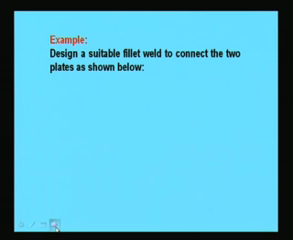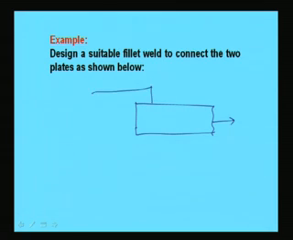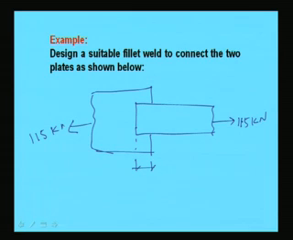Suppose we are considering this example: design a suitable fillet weld to connect the two plates as shown below. Suppose one plate is connected like this and another plate is overlapped like this. So, the overlapping length is this much. This is having 115 kilonewton tensile force in this plate. So, we have to join these two plates with the fillet weld. Now, the size of this plate is 150 millimeter width and thickness is 8 mm,